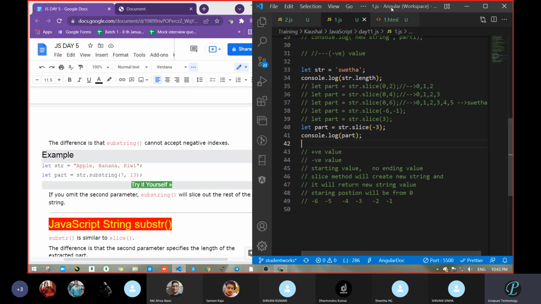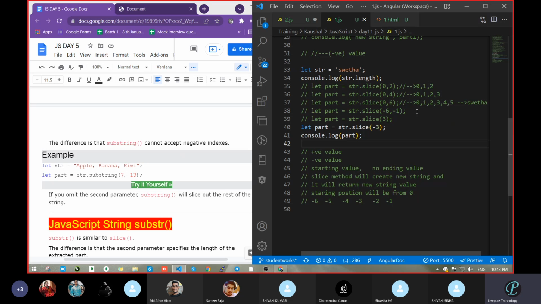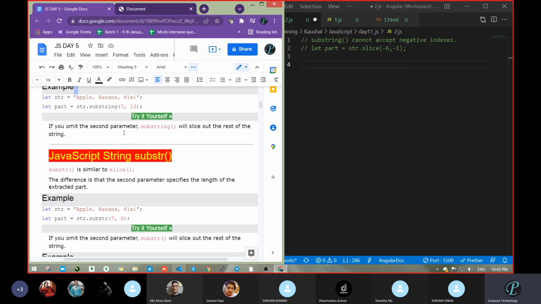Got the difference or not? In the case of slice, we were passing the negative value. See this, this was the negative value here, but in the case of substring, it will not take the negative value. Fine, let's see that.